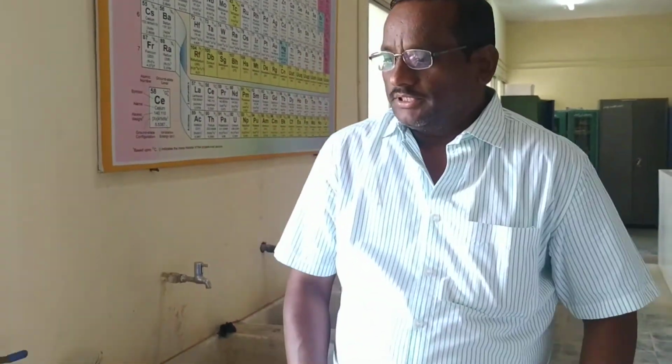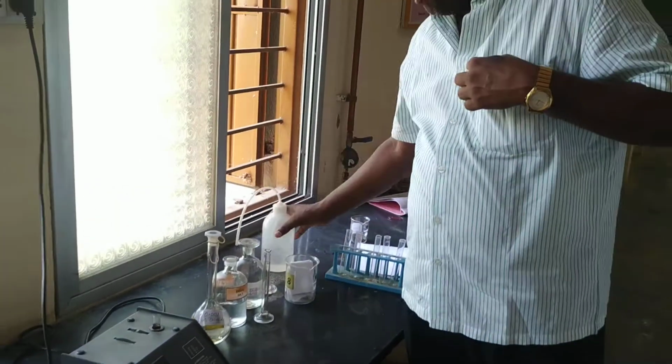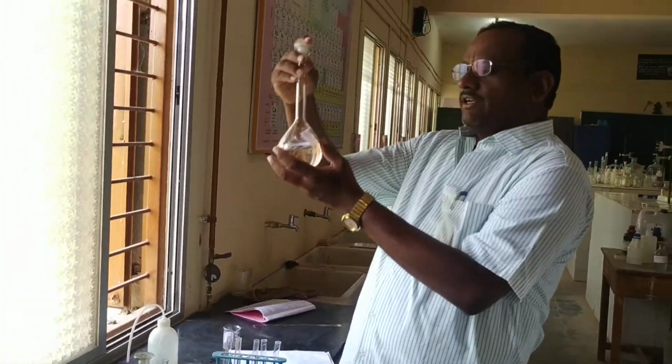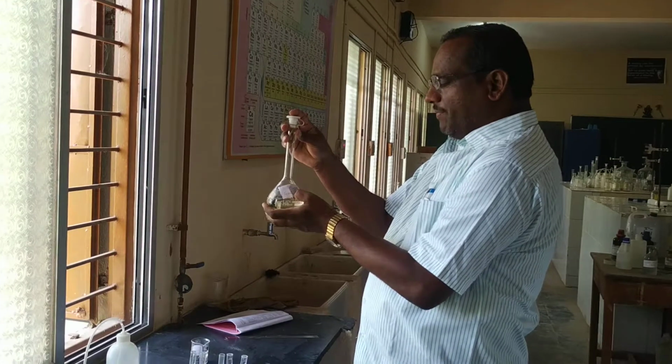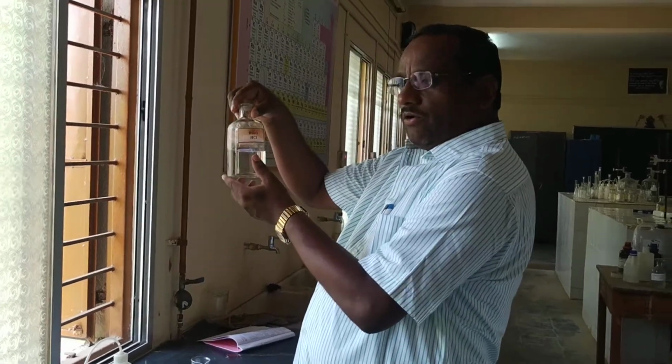Today's experiment is determination of amount of iron by colorimetric method. Some of the requirements of this experiment: one is ferric chloride solution, already prepared 0.001 N, and dilute hydrochloric acid